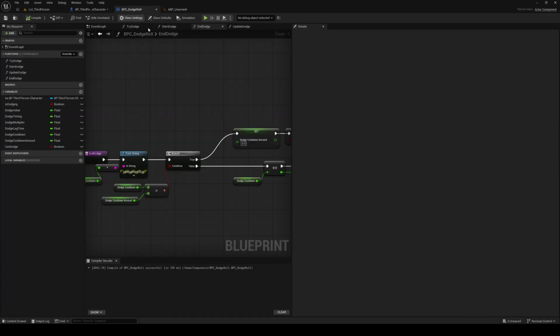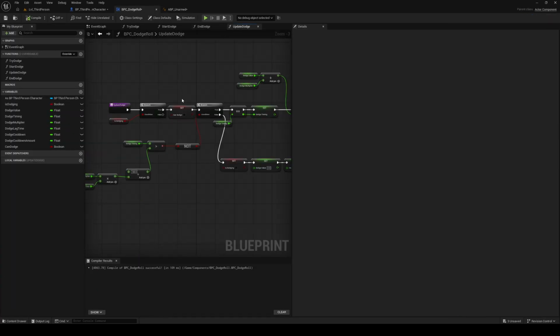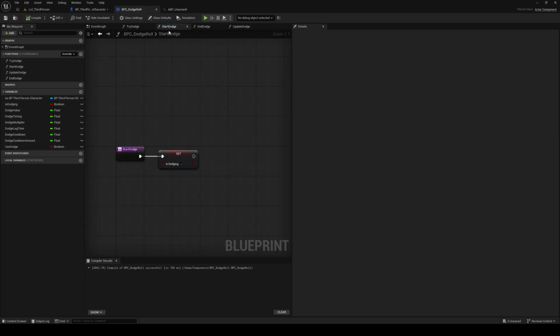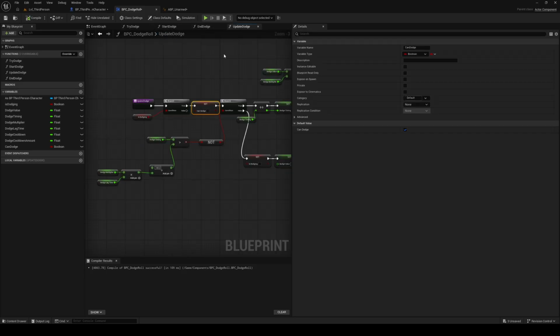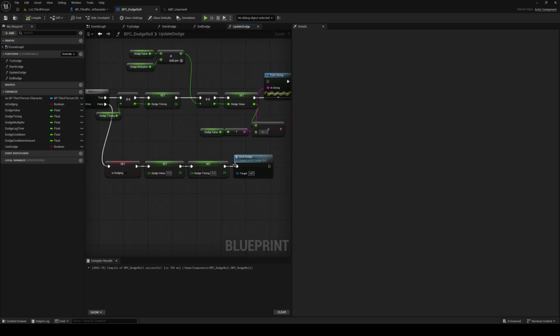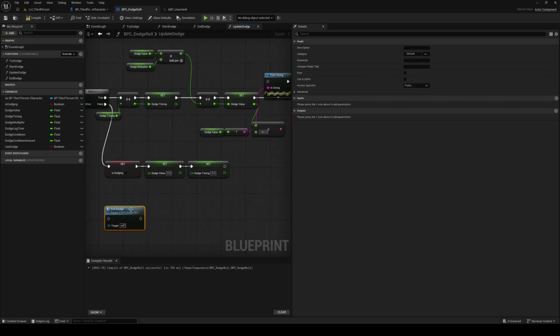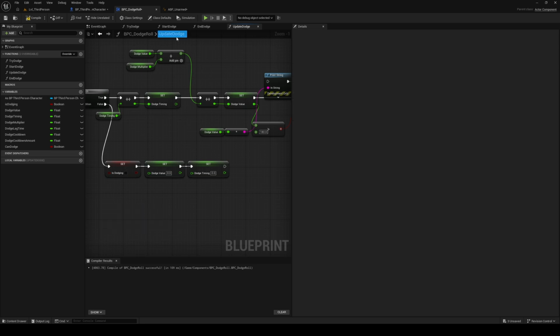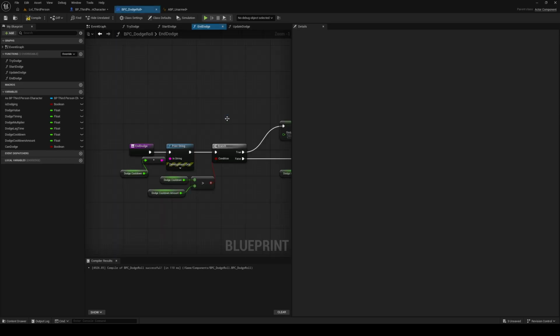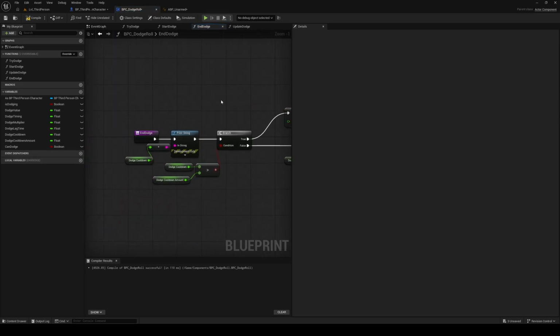Looks like it's not ticking. The reason it isn't ticking anymore is the moment we set can dodge to false. Let me see. No, that won't affect our update. Can dodge is false. Maybe this end dodge should just be on a separate thing. Update dodge and then end dodge can be on the tick as well to make sure that it works. The only way that this happens is if is dodging is false, or